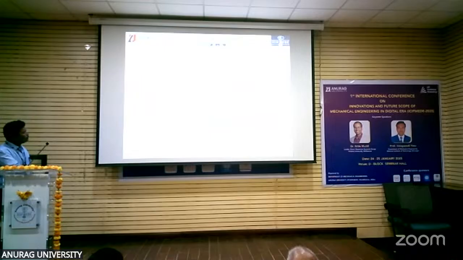Then coming to the tool wear rate, here the current is the most influential parameter compared to the aluminum. Then coming to the surface roughness, here also the current is the most influential parameter. In the aluminum, the pulse on time is the most influential parameter. So the best optimal values for the aluminum alloy are material removal rate 99.2, tool wear 0.02